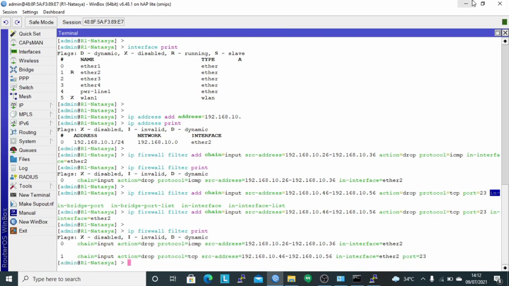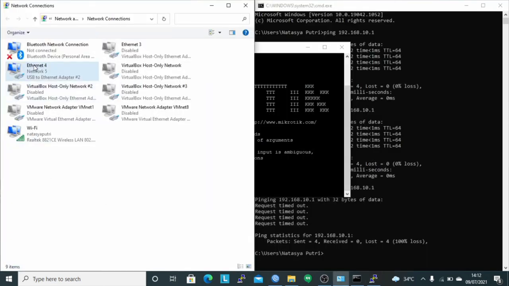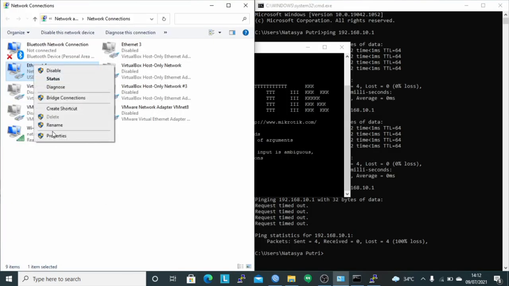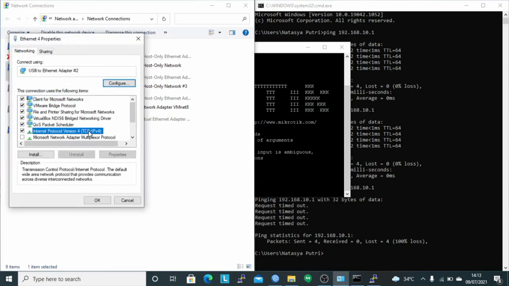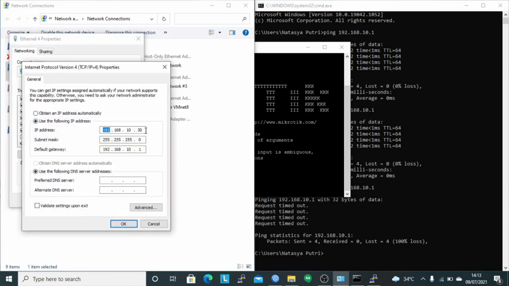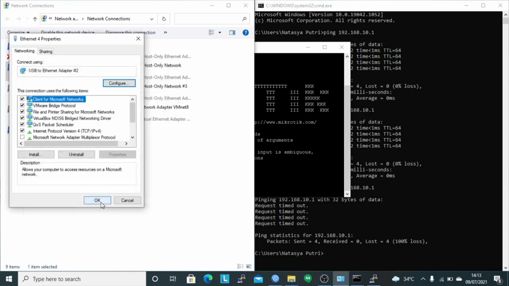And remote the router again. Here, I change the client IP to .50, and click OK.